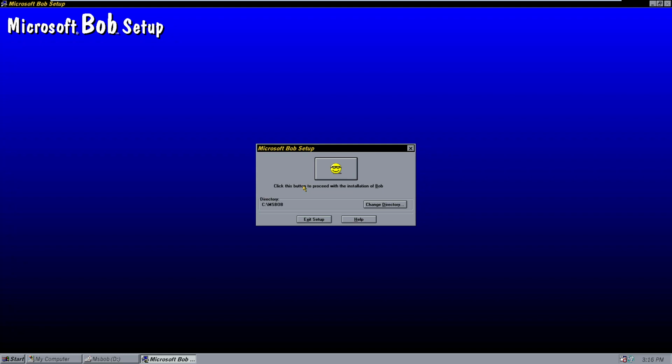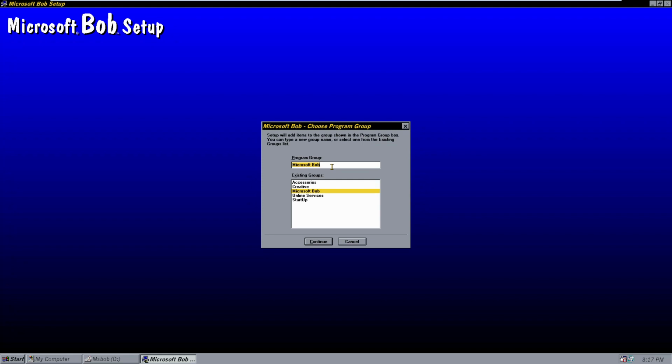And this is probably the one interesting part of this installation, because instead of having just a button down here at the bottom that says next, you have the button to say exit setup and help, and you actually have to continue by clicking on the Bob face up here, which is just kind of weird. I don't know why they went with that design option, but I guess this was just something they wanted to do to make it